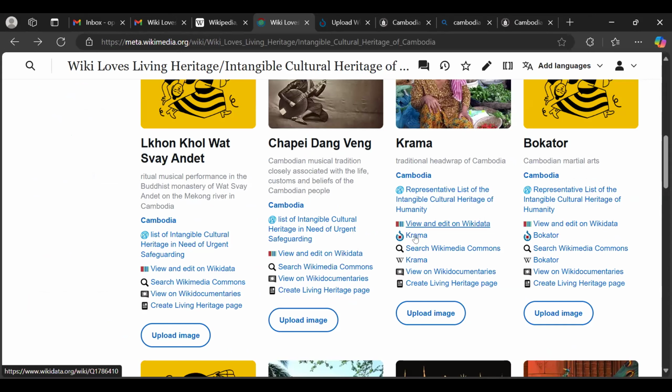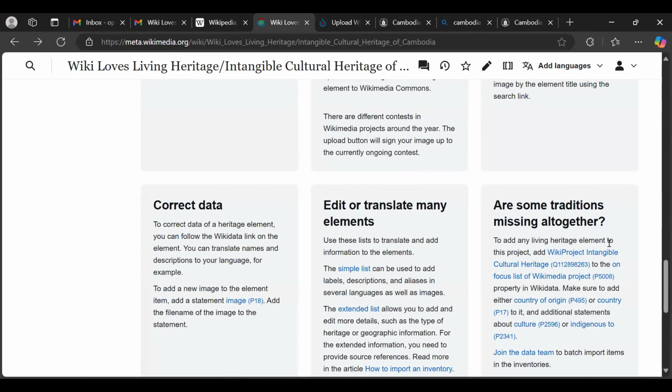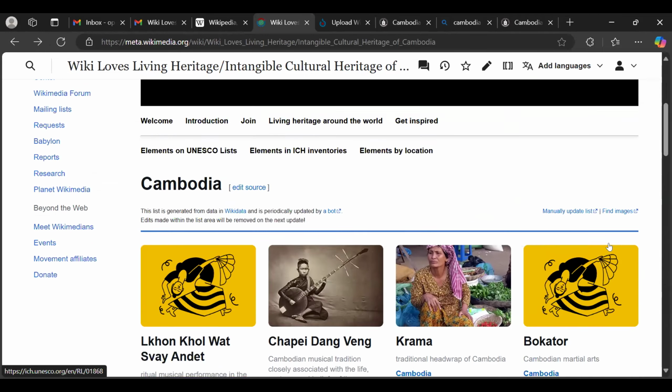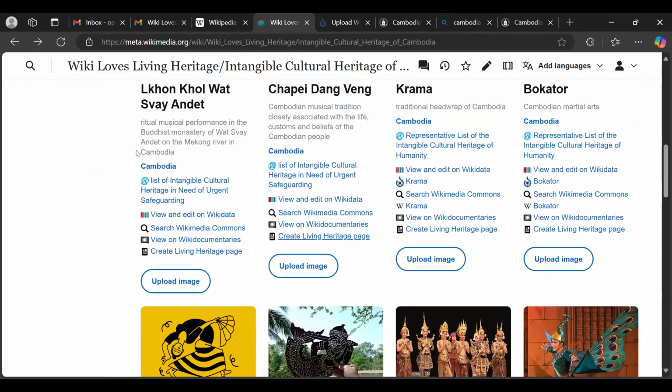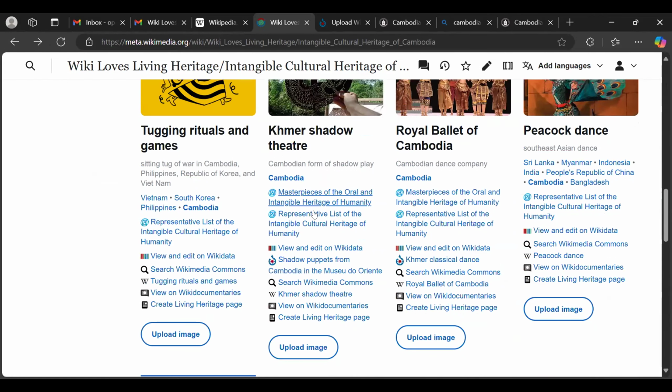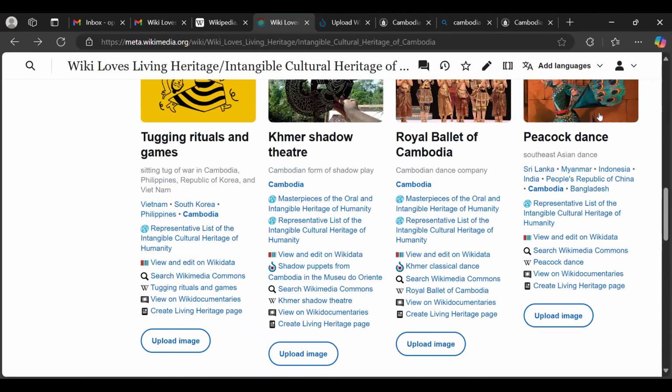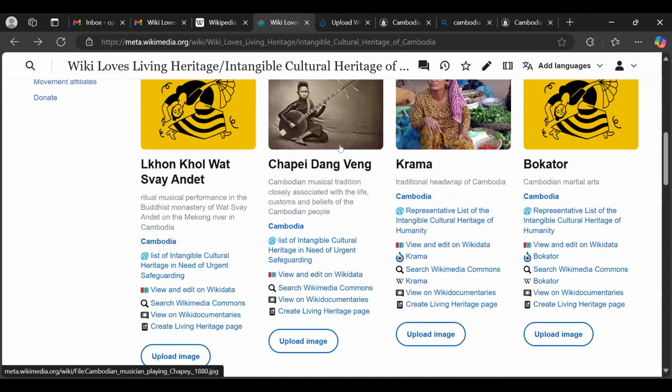This is Wikidata, this is Wikimedia Commons, this is Wikipedia. So we are contributing to these three projects. So just go through this list. The Cambodia inventory doesn't have so much yet, but this is already enough for you to make a lot of contribution. Are there any more questions at this point?